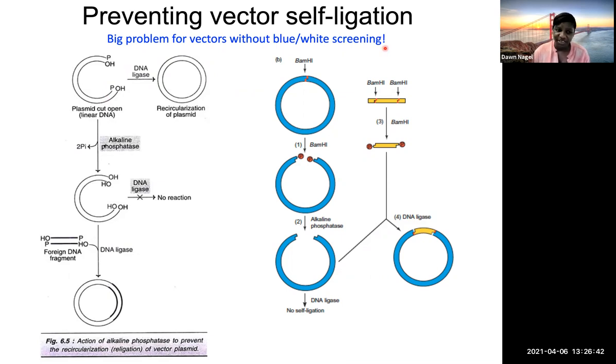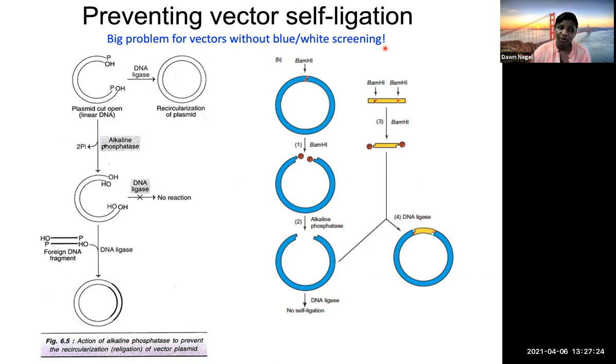So how do we tell, from the hundreds of cells we have on the plate that are all white, because there's no blue-white screening, which ones actually have your insert or not? They're just growing on that plate because they have been transformed with your plasmid. Whether or not they have the insert, you don't know. You just see colonies on the plate, and you don't have blue-white screening. How do you figure that out? Of course, you can screen by different methods, like by PCR, which we will talk about later. But to help reduce the vectors from coming back together,